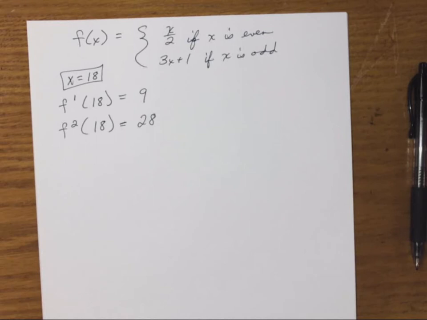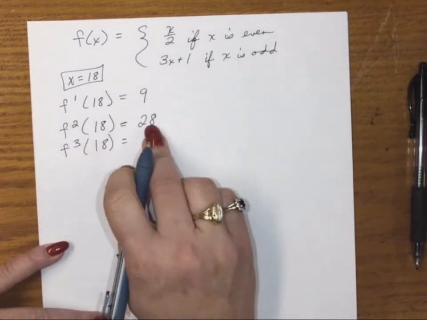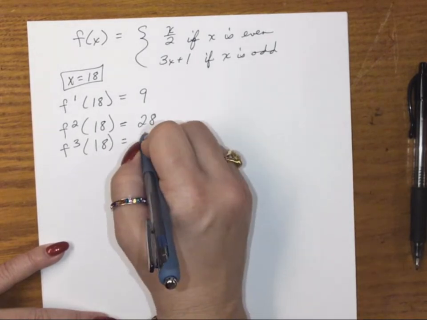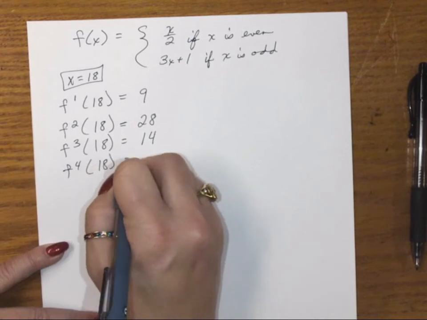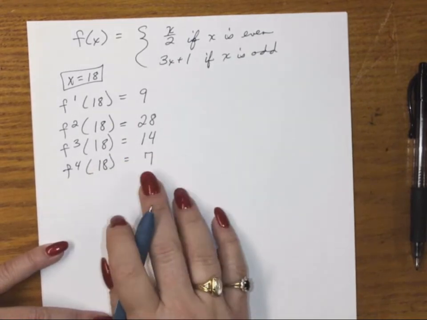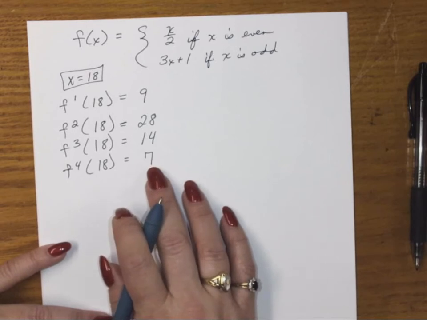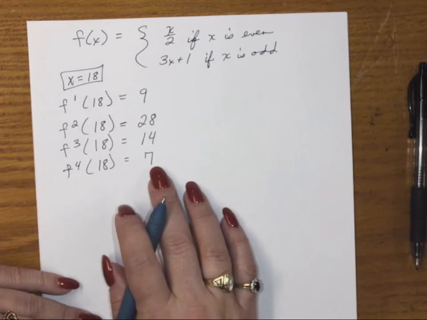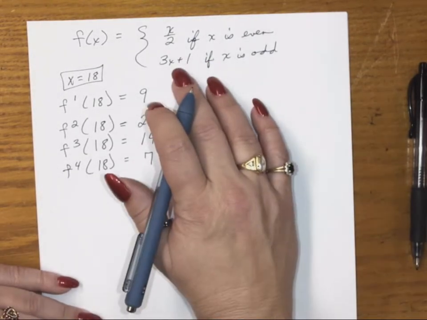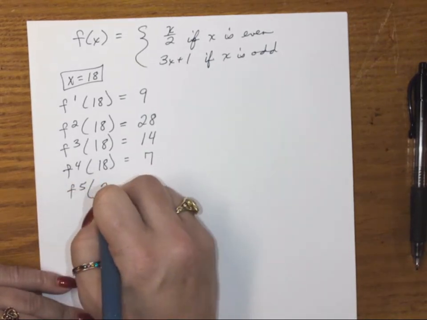Now, I'm looking at 28. It is not a power of 2, so I'm going to have to mess with it for a little bit. The F3 of 18. That was even, so I divide 28 by 2 to get 14. And the F4 of 18, well, 14 is also even, so I'm going to divide by 2. And then here's where we see, hey, 7. Now, the nice thing about 7 is it's just prime all by itself, right? But the problem is it is odd, so when I stick it in there, 3 times 7 is 21 plus 1, and because it's a weirdo,